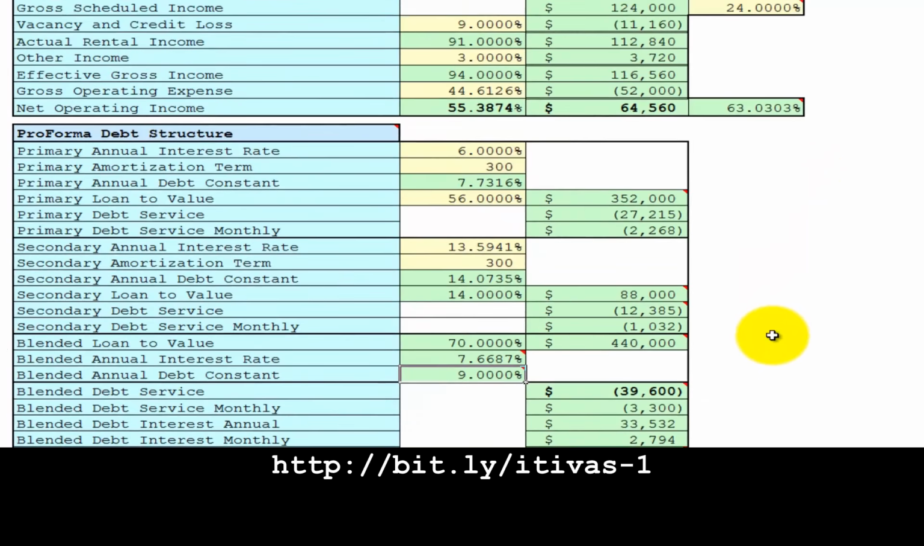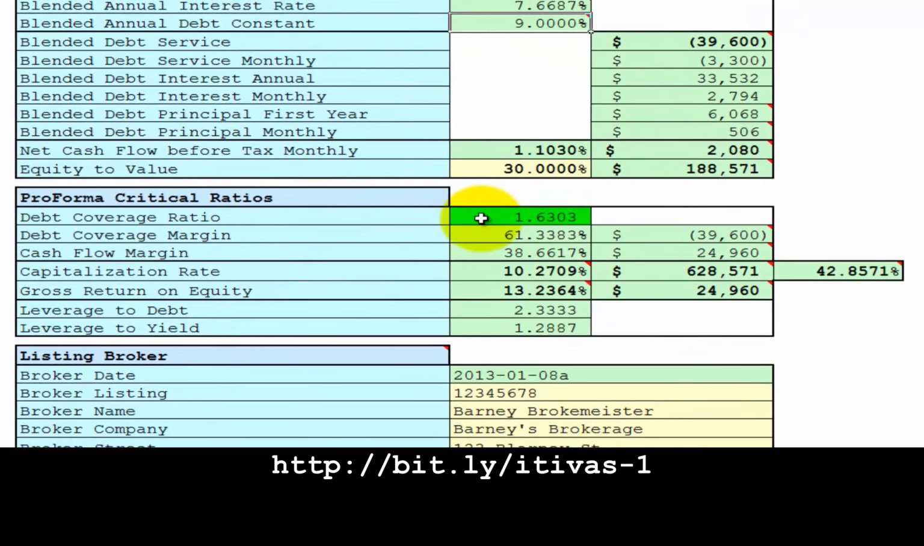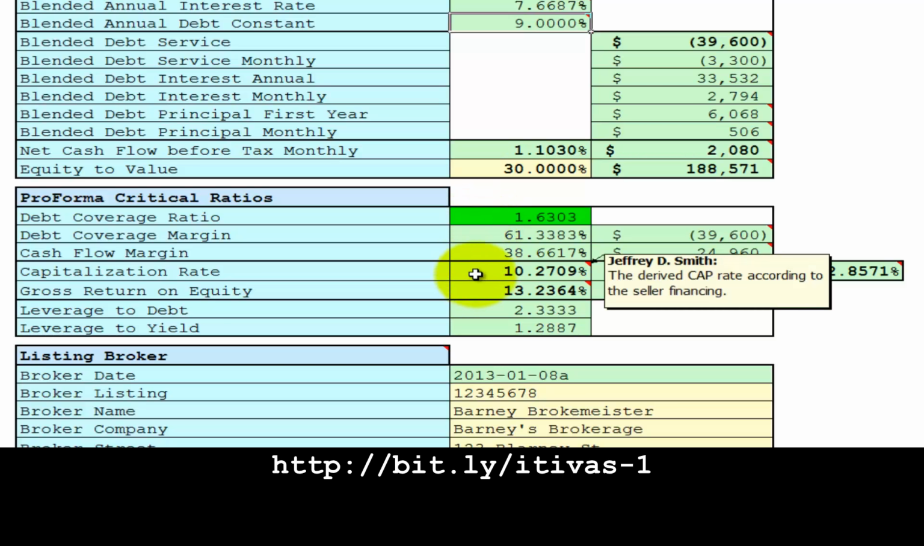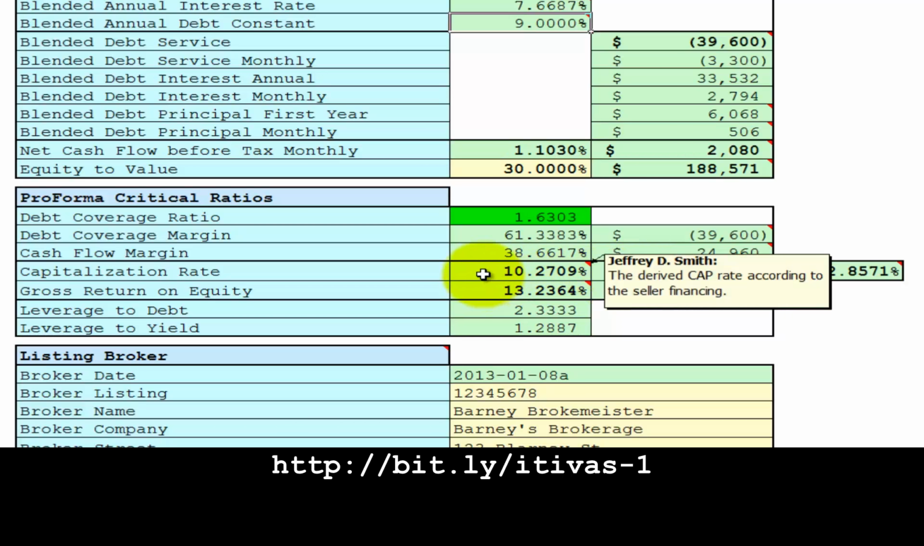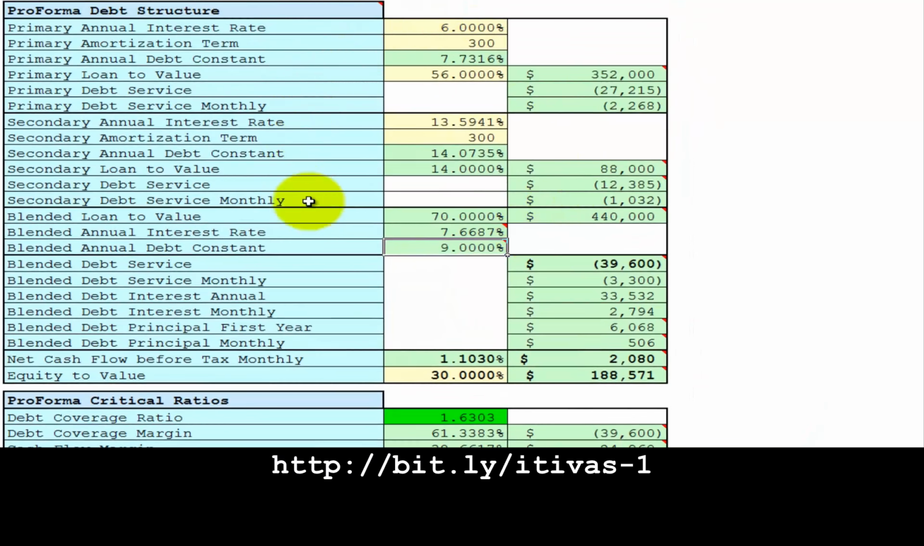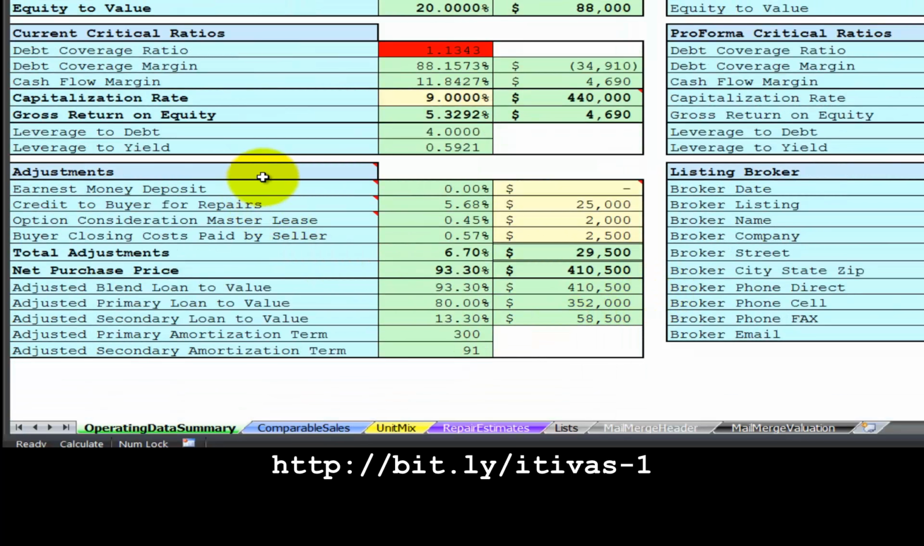Now, when we achieve this pro forma operating data, we will have a debt coverage ratio of 1.63. We will have a capitalized property value of $628,571 based upon a computed derived capitalization rate based on the cost and structure of this pro forma financing. We can then put in some adjustments down here